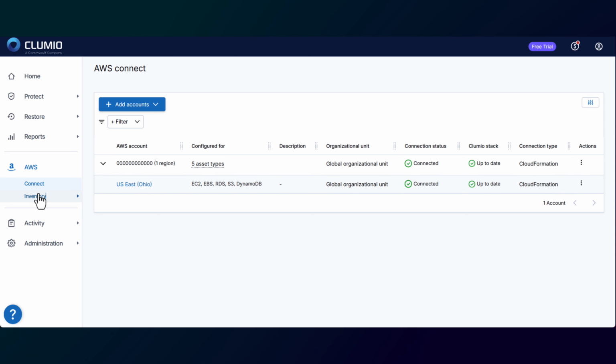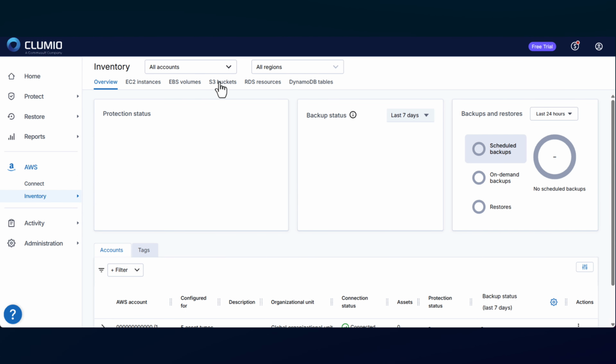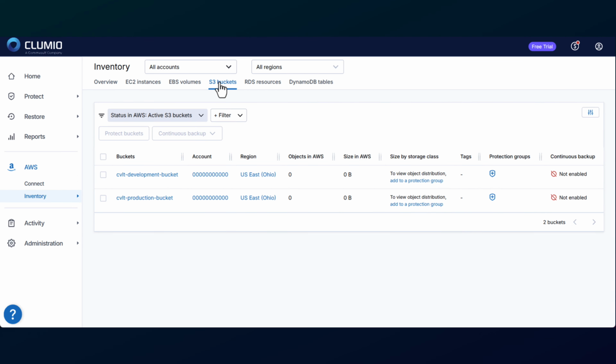Now let's make sure we can see all of our AWS resources. Click on Inventory from the menu on the left. Click Overview. Click S3 Buckets at the menu at the top. We have two S3 buckets in our AWS account in US East. Now that they are registered in Clumio, we can start creating protection rules and backup policies to protect the data